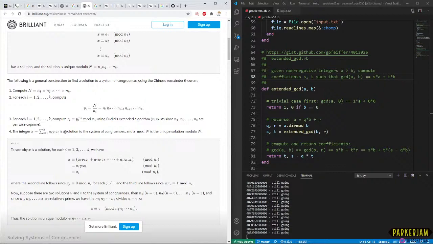So for that we need to find a z such that y times z has a remainder of 1 for that n. So does Euclid's just give that to me for free somehow?